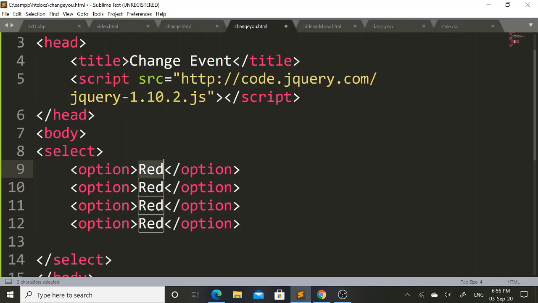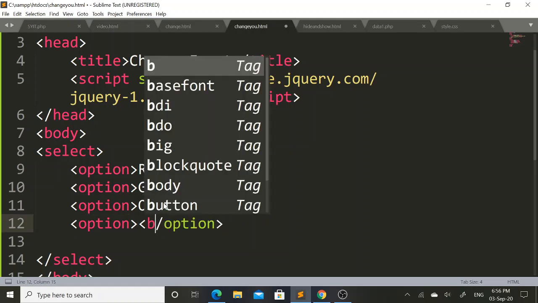So this is first option red color, second option is green color, third option is orange, and last fourth option is blue.